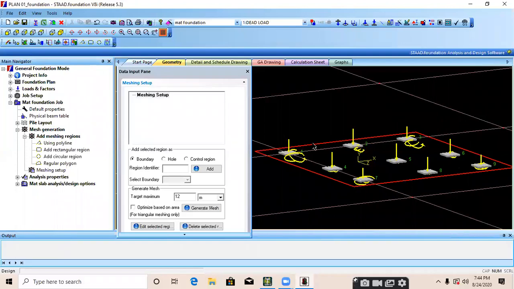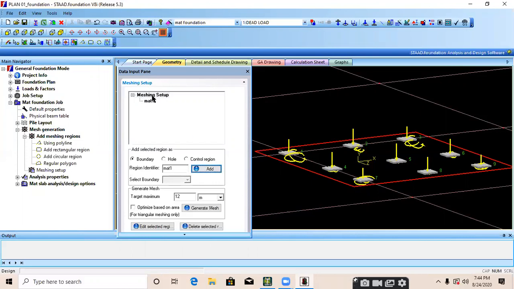Select that mat; it will appear in red color when you select that rectangle. Go to the region identifier and provide any name. Suppose I am providing mat 1, since it's my first mat. Click on the Add button.